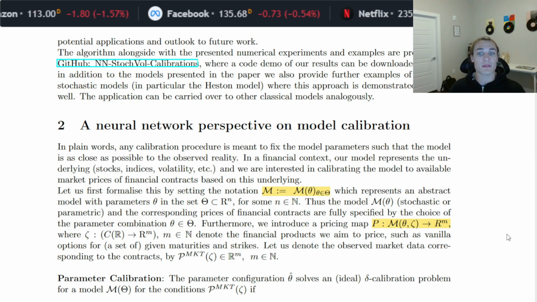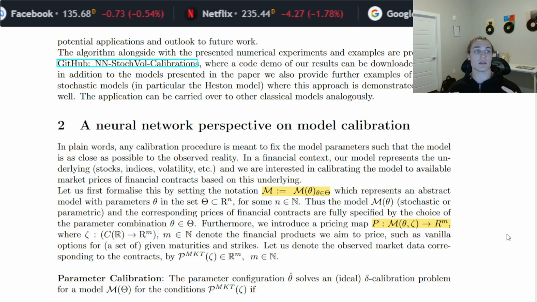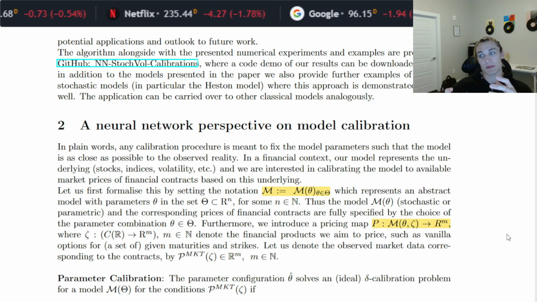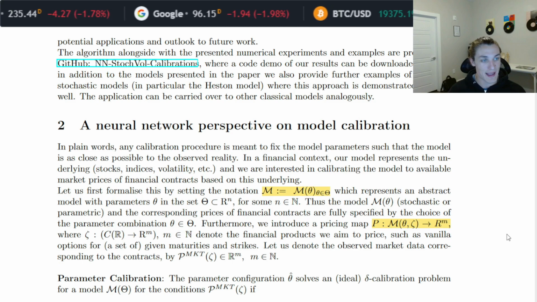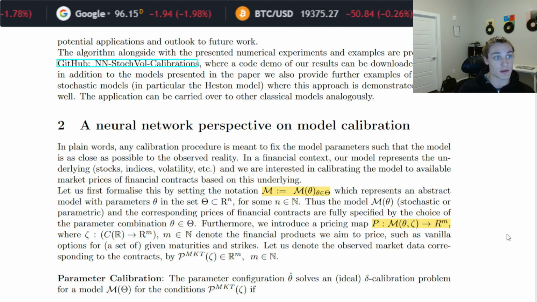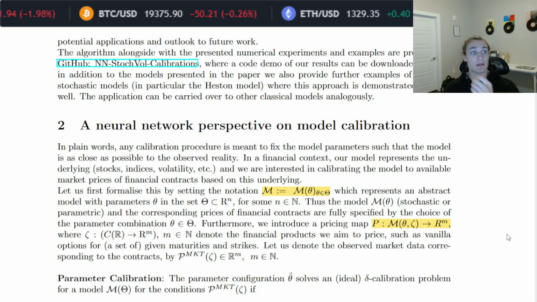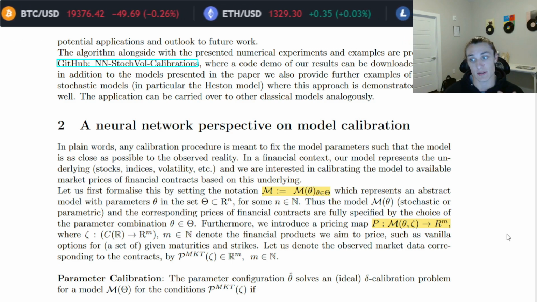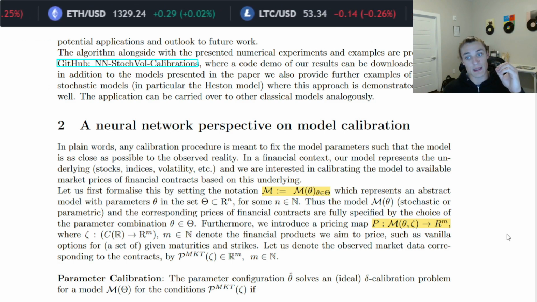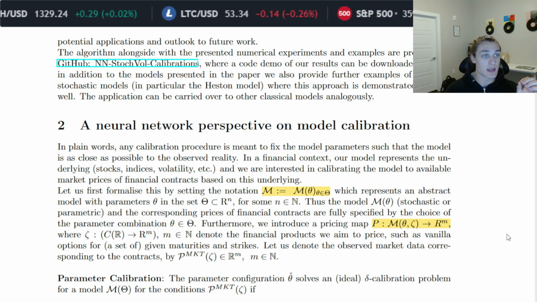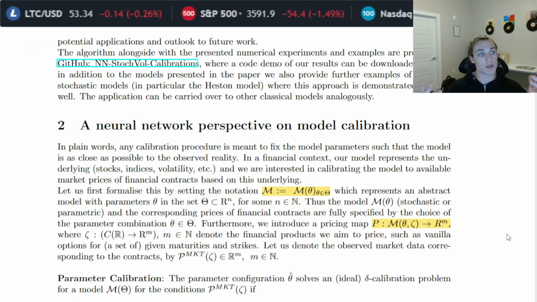Now, what we see here is M of theta and zeta. Zeta represents the instruments that we're pricing. And then the instruments that we're pricing are essentially going to just be a collection or a grid. It depends on how you'd like to define your one or many instruments. And then based on that specification of the instruments that you're pricing, you are going to get a vector in R^m. So if we have 5 instruments that we are trying to price, so zeta is a vector of 5 instruments, and we have a Black-Scholes model, for example, then we are going to go ahead and price those 5 instruments under the Black-Scholes parameter set theta, and it is going to map to 5 prices, so a vector in